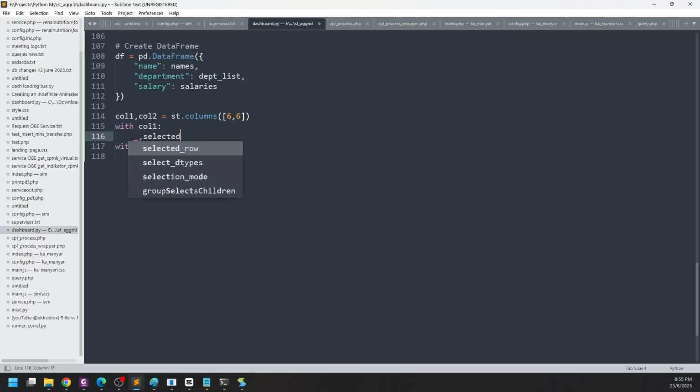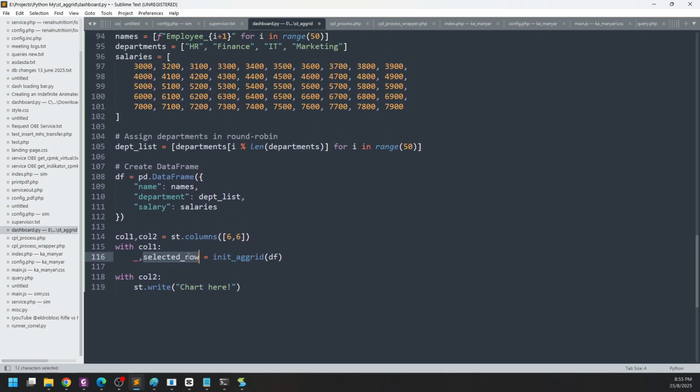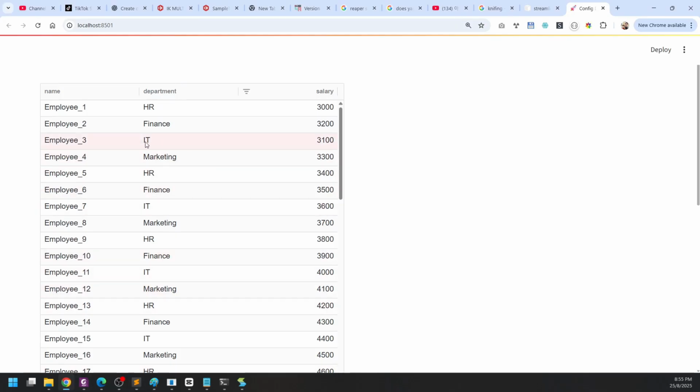Selected row equals to init ag-grid df. Now this will work straight away, and the selected row later on is the row that we select in the UI. Okay, let's come back here. Now, very interesting. Now here we have the st.ag-grid component showing the table, the exact same data frame that we